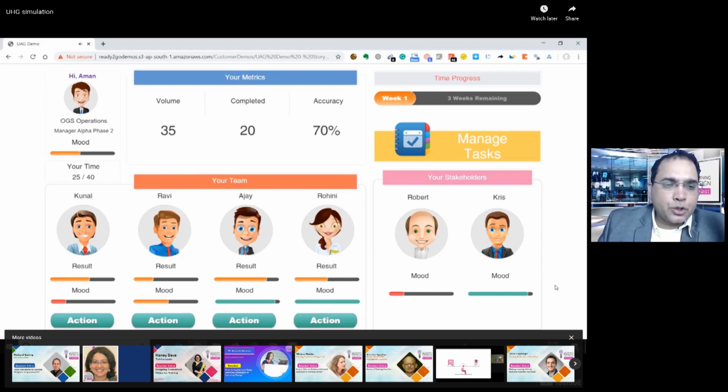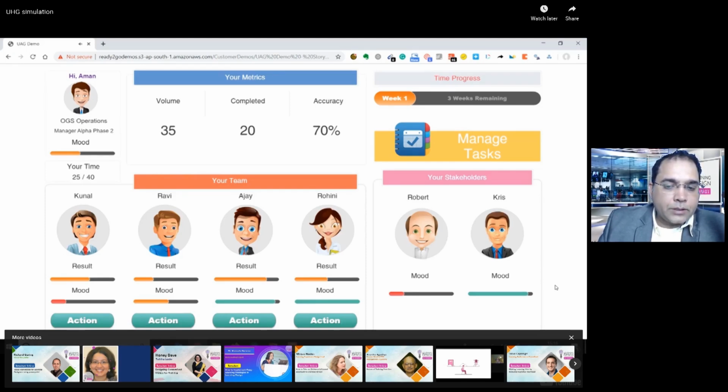But typically, once you show it to clients and do some user acceptance testing, you will realize that some of the things are not so intuitive, although they are from your view. But people in general who are just getting exposed to these ideas don't find it that intuitive. So it's always a great idea to create a navigation tour for your application or the simulation that you are building, because then it irons out so many of those initial support questions that people post on the website, or call up people for, saying, hey, I don't know what to do now, what am I to do here. So things like that do get ironed out to a big degree.